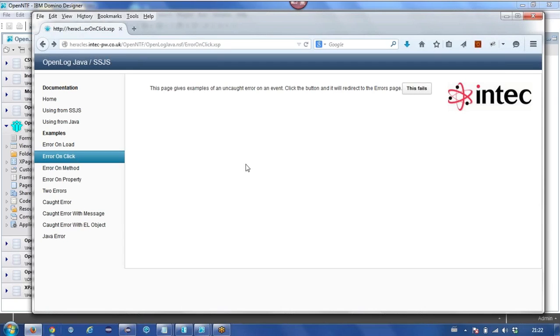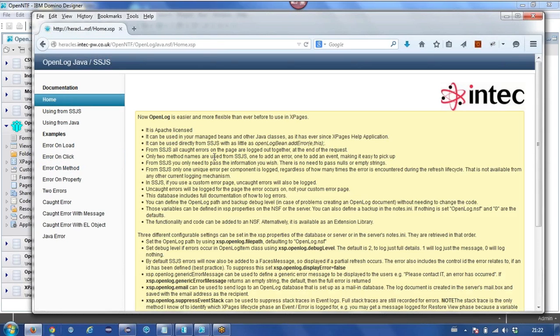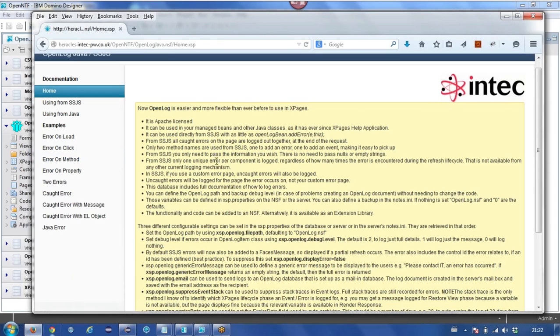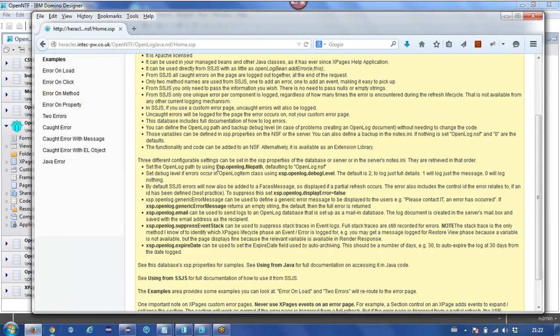I then extended it because I found out how you could pick up XSP properties. So instead of pointing to the base openlog.nsf or hard coding it in your database in the code, you can actually point to an XSP property in the application.